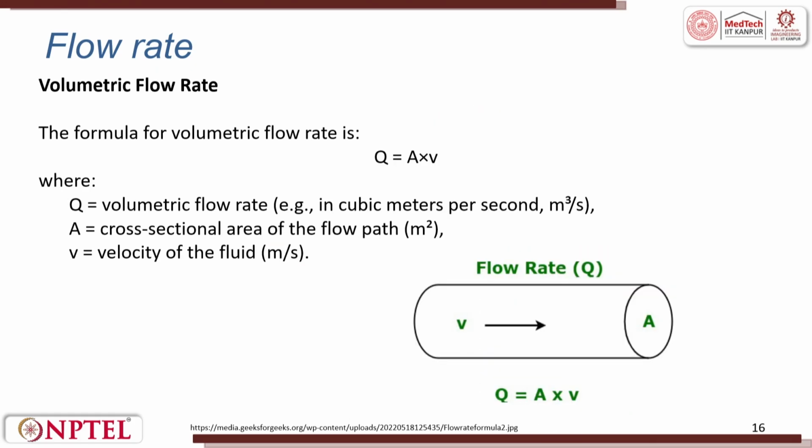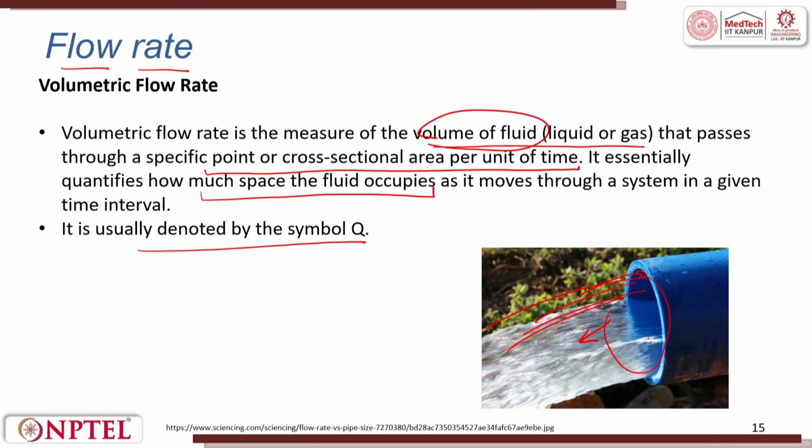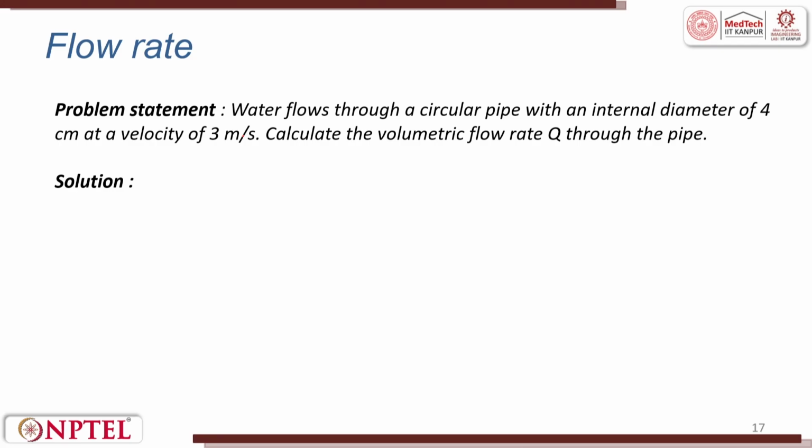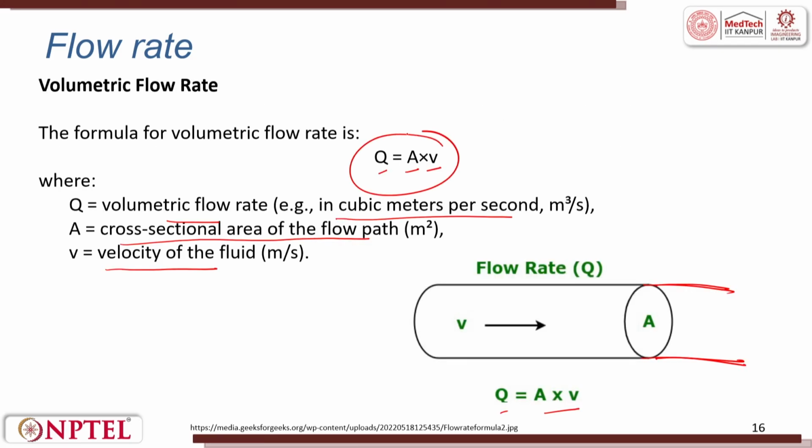Now, flow rate is simply given by the formula Q is equal to A into V, where Q is the volumetric flow rate, that is in cubic meters per second, A is the cross-section area of the flow and V is the velocity of the fluid. It is a very simple formula, Q is equal to A into V, provided the flow comes through the whole diameter or the whole area of the pipe. So, here you can see it is not coming for the whole pipe. Diameter is related to area. So, it is area times velocity. It is a very simple relation that you have been studying maybe in your senior secondary education as well.